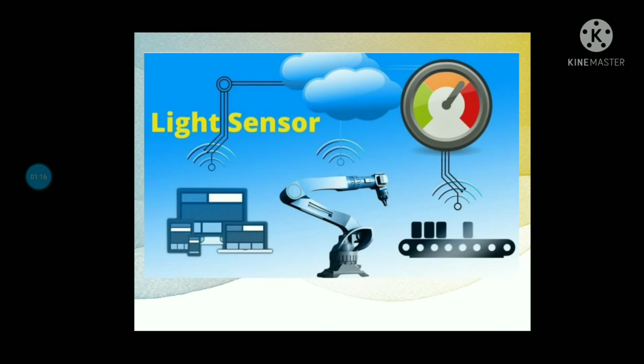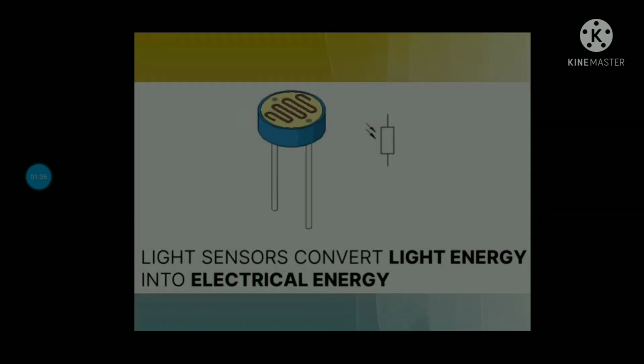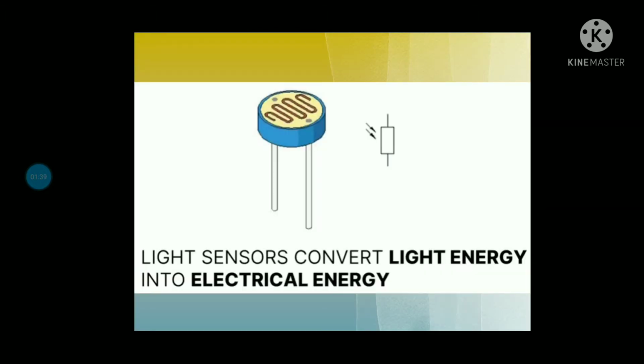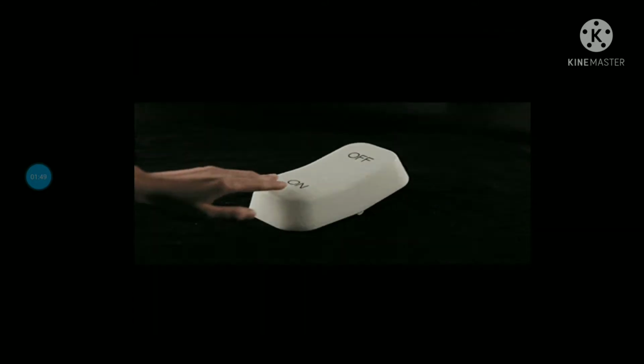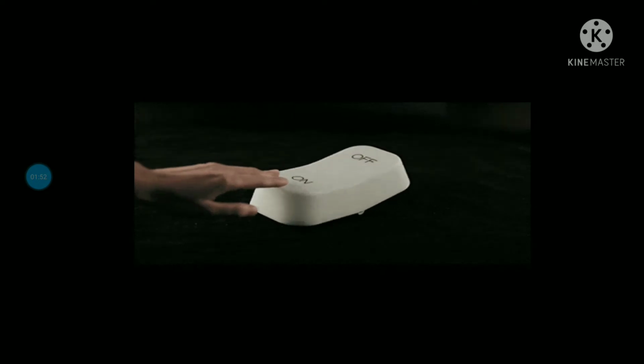So today we are going to see what a light sensor is. It is a passive device that converts light energy into an electrical signal output. Light sensors are more commonly known as photoelectric devices or photosensors because they convert light energy into an electronic signal. The sensor receives the light reflected on the target. These are the sensors on your screen, light sensors look somewhat like this. Light sensors convert light energy into electrical energy.